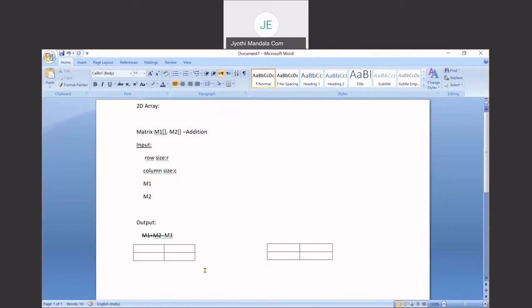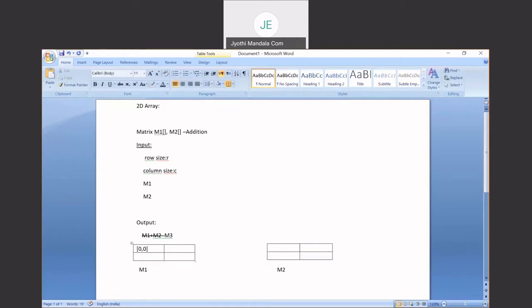Okay. M1. M2. I hope you all are clear with this one. Now what is this one? This one is matrix of 0, 0. M1 of 0, 0 because this is 0 row and this is 0 column.